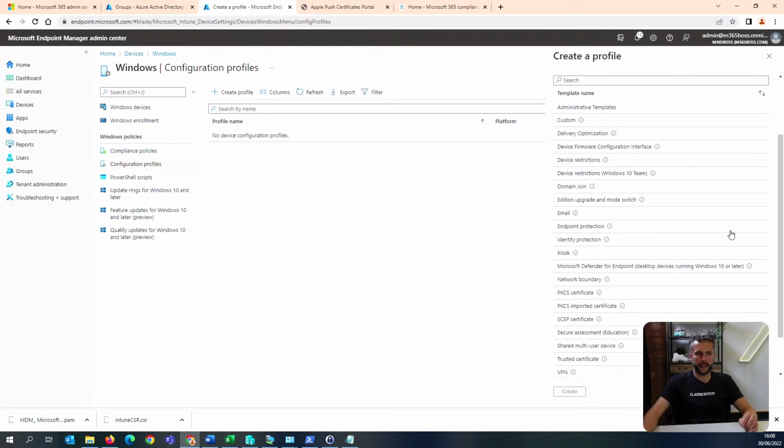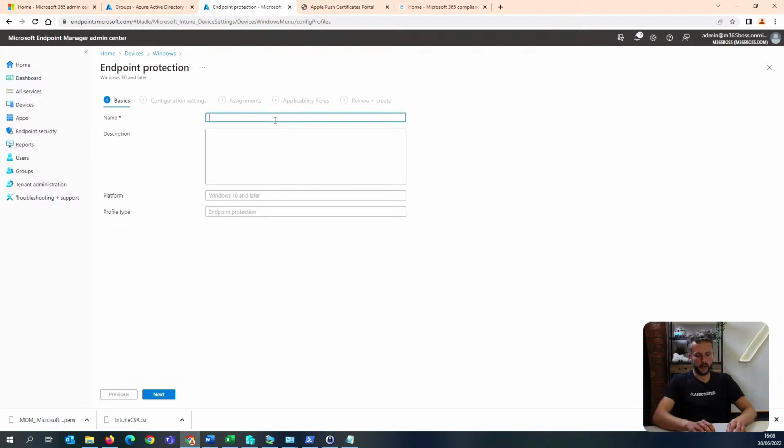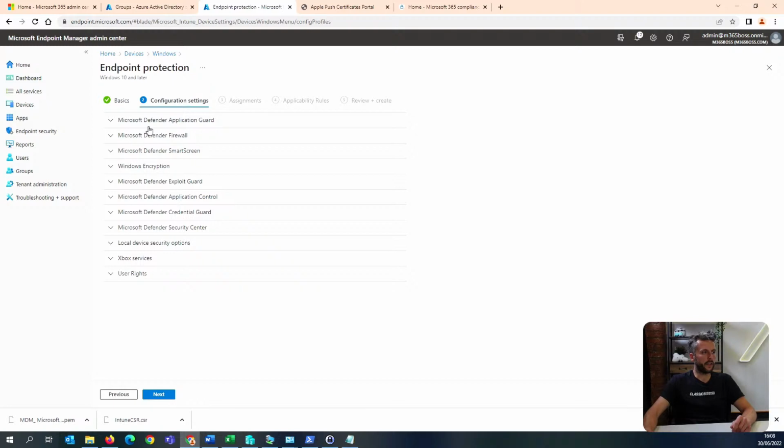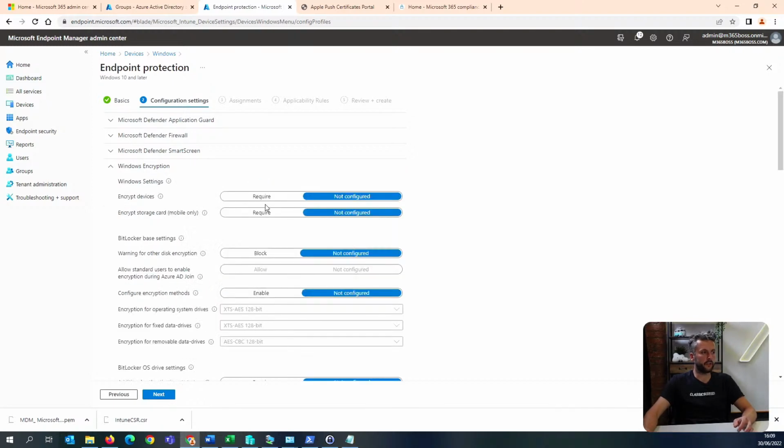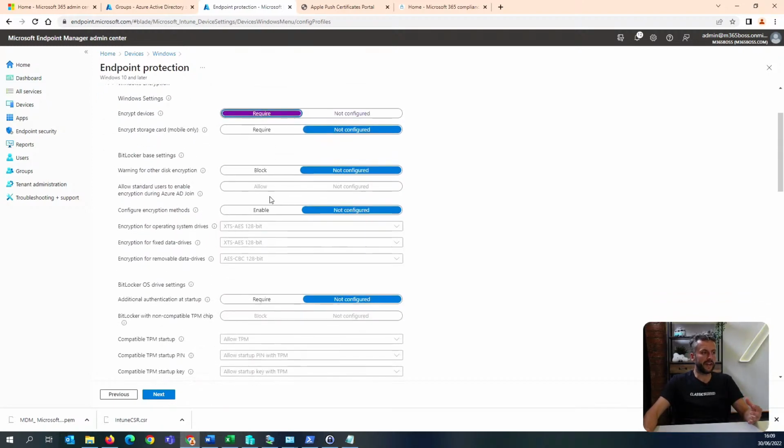So we are going to jump in here and we're going to look at our endpoint protection policy. So endpoint protection, go next on there. You can do a lot of bits and pieces here. We just want to do Windows encryption. We're going to fly through these settings. Obviously, we're going to warn, and we're going to allow standard users to enable encryption. This one's important because when you're doing an Azure AD join, you want that BitLocker to happen immediately, and more often than not, standard users are doing Azure AD joins, whether that's through Autopilot or manually, and we're going to